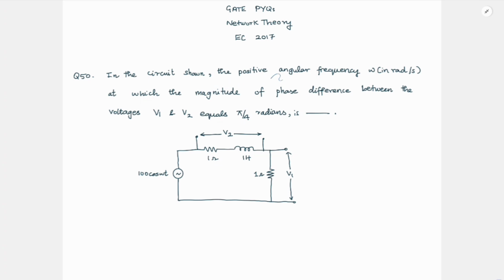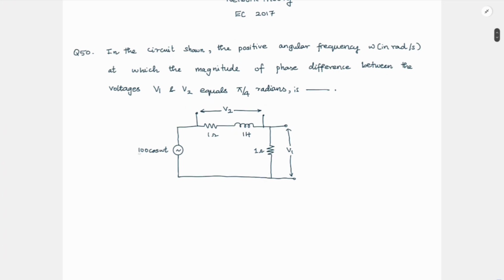So in the circuit shown, the positive angular frequency omega in radians per second at which the magnitude of phase difference between the voltages V1 and V2 equals pi by 4 radians is dash. So here if you see the circuit, the voltage source is 100 cos omega t and V2 is the voltage between this 1 ohm and 1 Henry circuit equivalent, and V1 is the voltage across this 1 ohm resistor. Okay, so we want to find